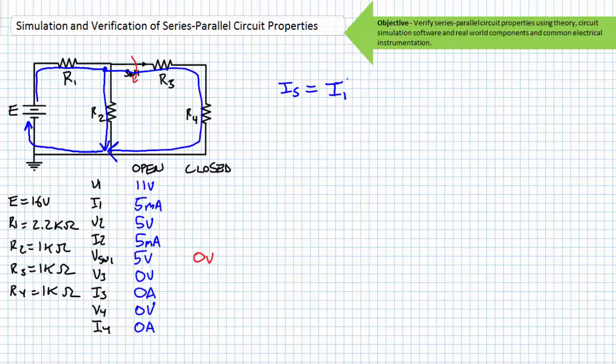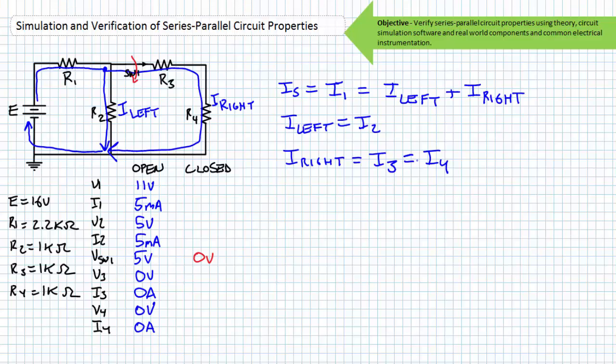Source current must flow through R1. Therefore, IS equals I1. Conventional current leaving the right end of R1 splits between two paths. The left branch travels through R2. Therefore, I left equals I2. And the right branch travels through both R3 and R4 in series. It can be said that I3 equals I4 since R3 and R4 are in series with one another. The current in the left branch, I2, plus the current in the right branch, either I3 or I4, equals the incoming